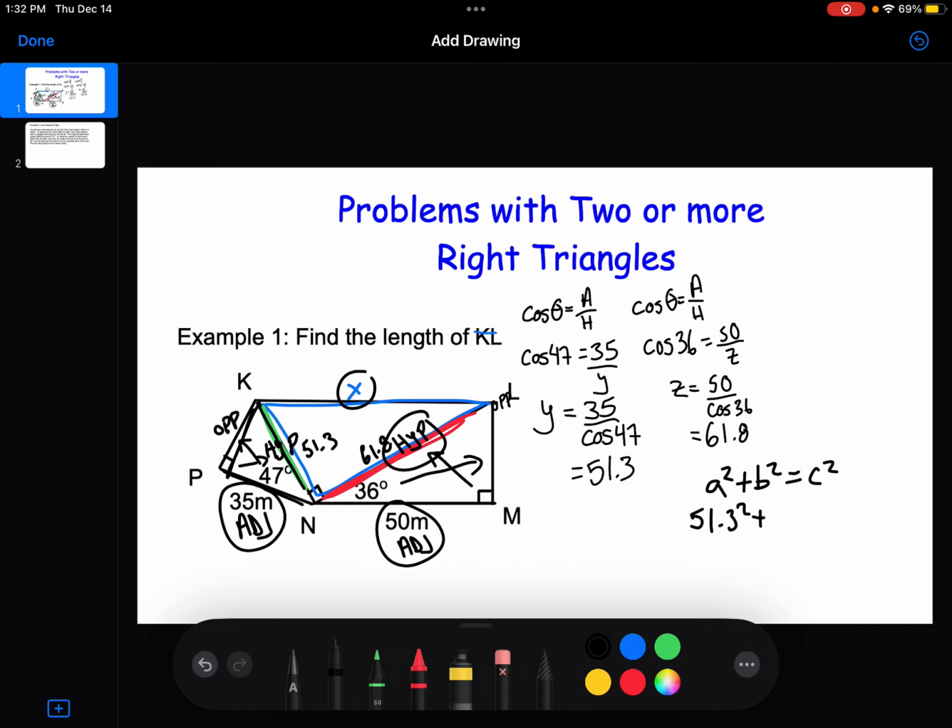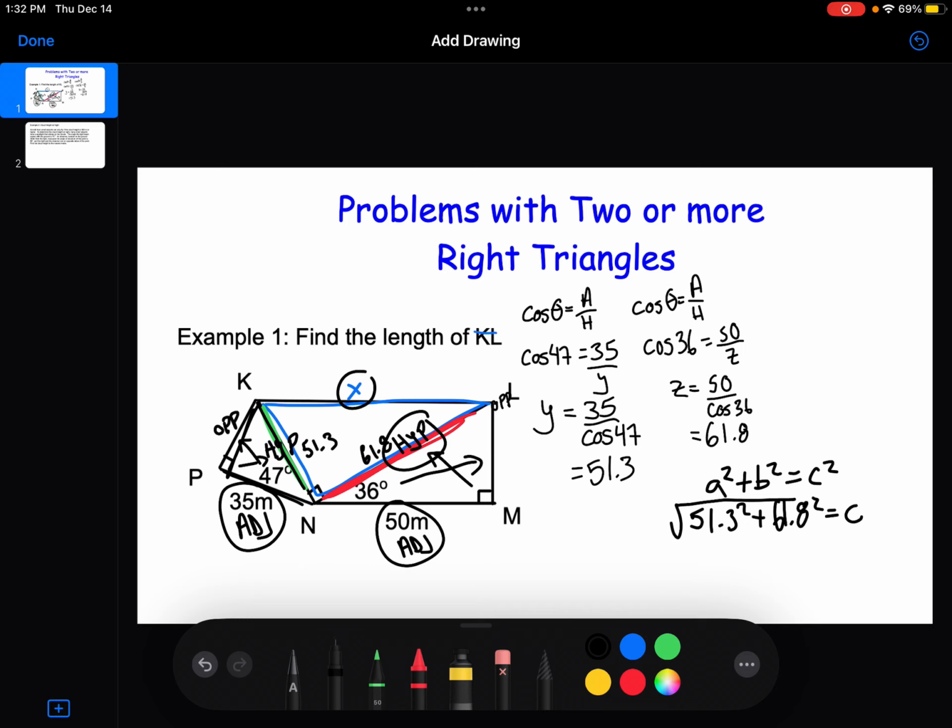51.3 squared plus 61.8 squared equals, and I'm just going to put c, we'll add our square root in, and then when we go through and solve this, we're going to end up with c, or x, or KL, equal to 80.3, and this is in meters. Okay, so therefore, KL is